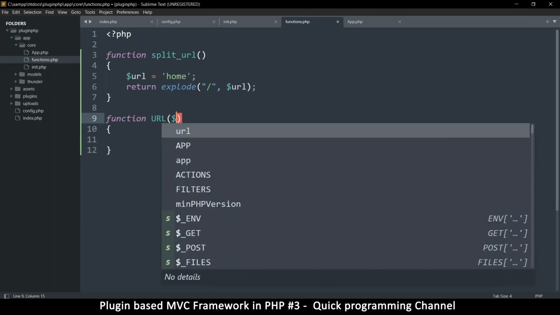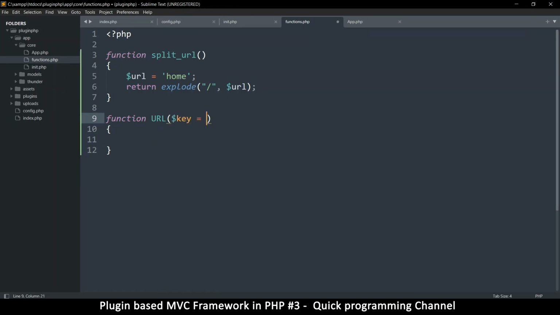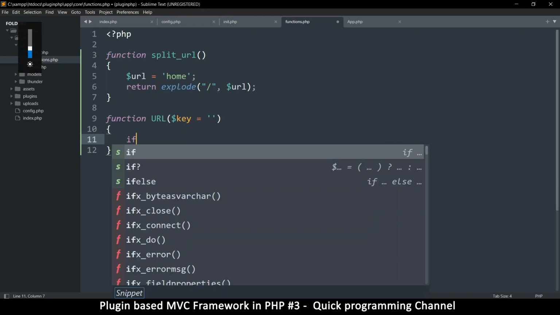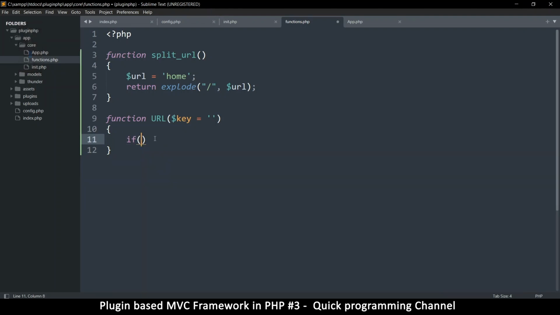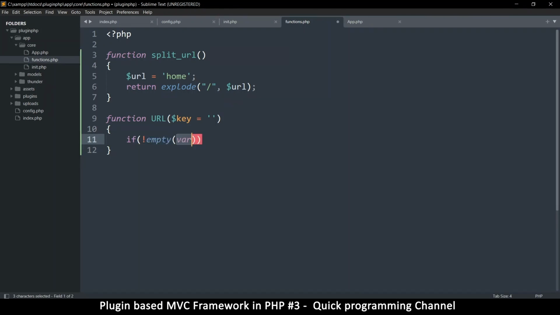So here we'll expect a key, but this key can be empty, so we'll put a default value. And then here we're going to ask the question, if not empty key, right? So if there's a key there, then we'll do one thing, but if there's no key, let's say the key is empty here,